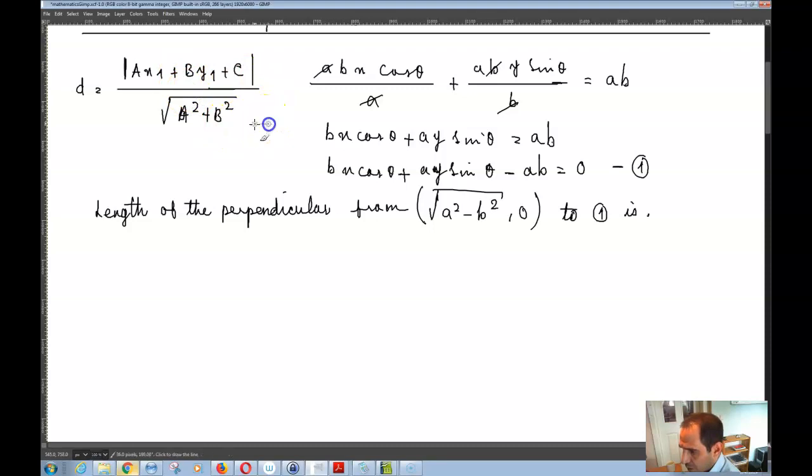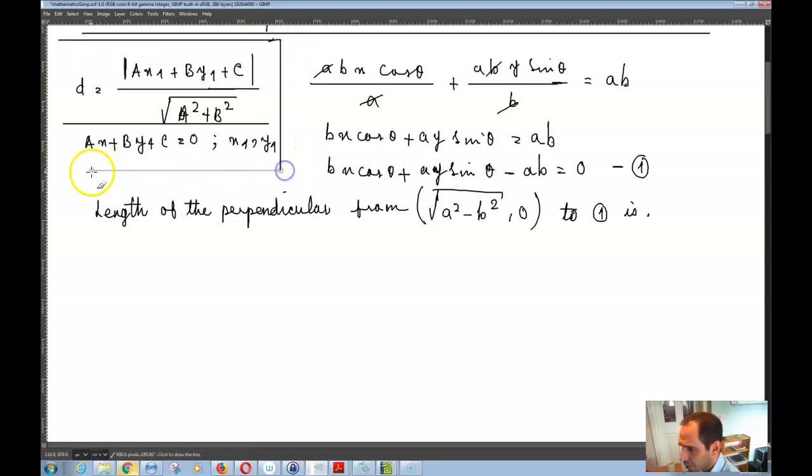Here we are assuming that the line is ax plus by plus c equals 0, and the point is x1, y1. That is the formula that we use here. And so now, since that is the case,